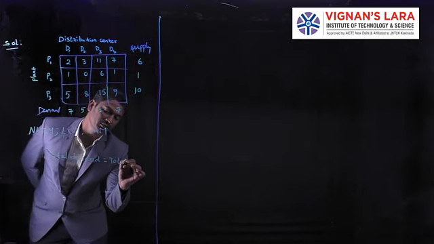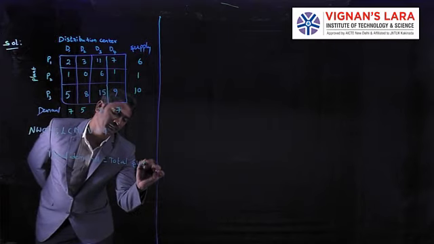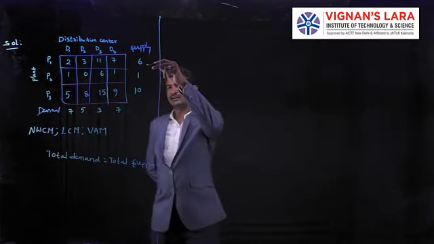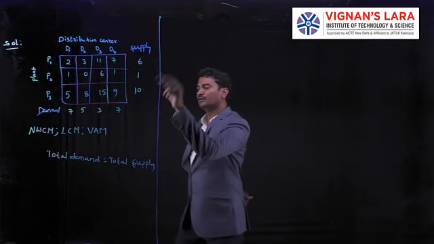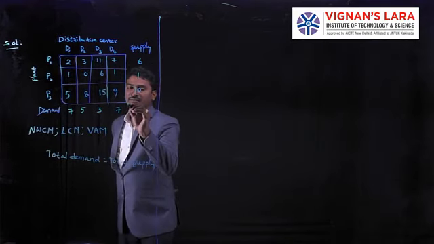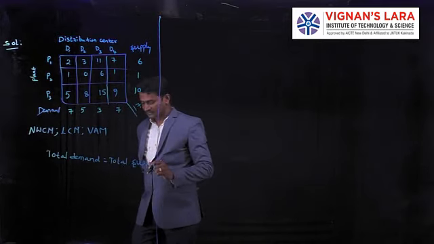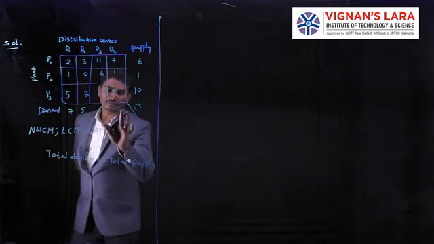Total demand is equal to total supply. Okay. Here, what about the supply? 6 million liters, 1 million liter, 10 million liter. Total 17 million liters are there. Total 17 million liters. Okay. I think this is